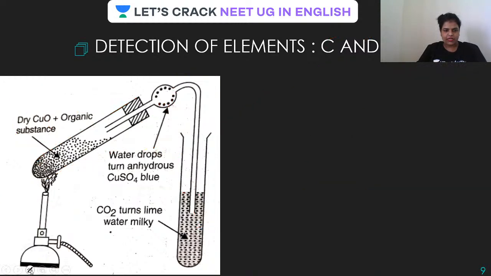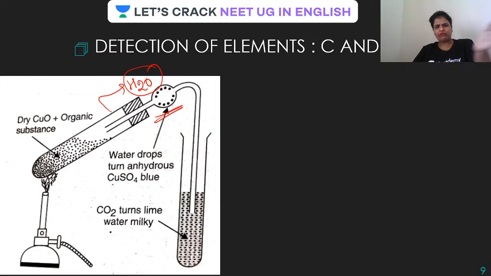Now, let us see this, guys. Water, the entire hydrogen which got converted to water, is absorbed here. Some might have come out with the vapor. Suppose it escaped the trap, then it will get trapped here, because here we have lime water. Done. So let us look for CO2, guys. Now if CO2 is there, if it is an organic compound, of course after this process,